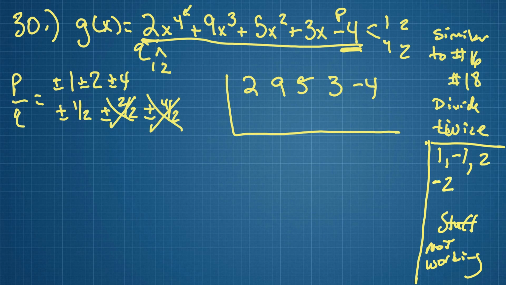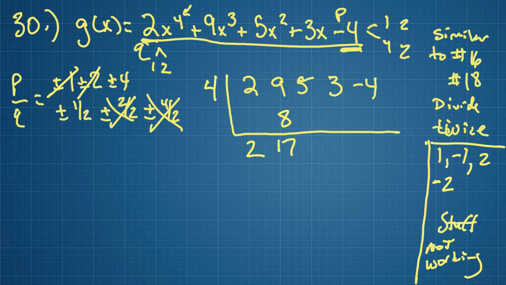I tried -2. Now I already tried 1 and 2. Now I'm going to try 4. So I do everything again. Drop down the 2. 4 times 2 is 8. 9 and 8